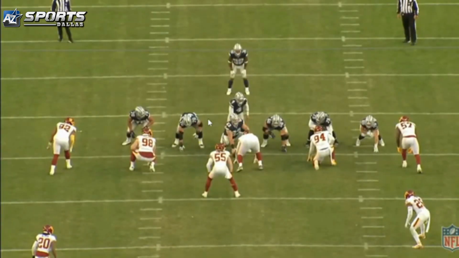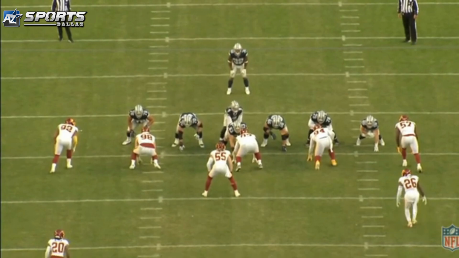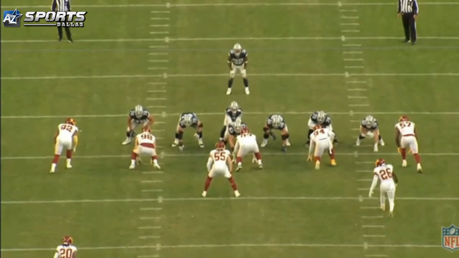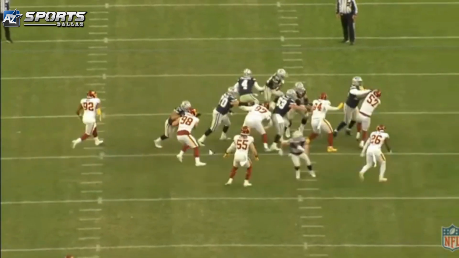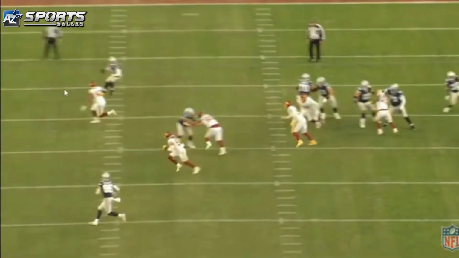I get why he didn't. Earlier in the game, CeeDee Lamb was open, and it's CeeDee Lamb. That's your first look. All right, cool. I get it. I totally get it. And we'll see the other angle here. You're going to see 55 bite really hard. Once again, Schultz is going to come behind him, but you're going to get containment here. And he pumped it. Notice, he pumped knowing, okay, nothing's there, but I got Holcomb coming back.